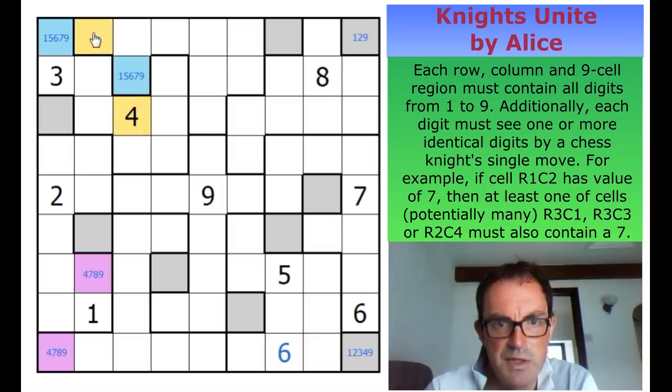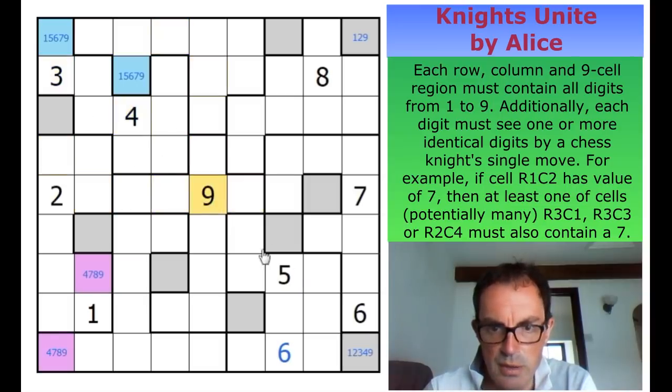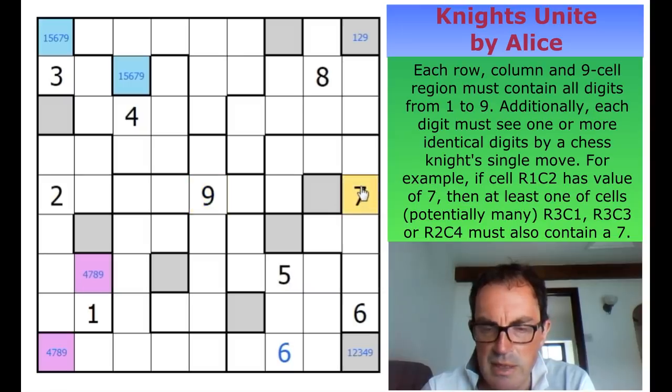I mean, this 4, for example, it sees, if I can actually click on the right digits, you'd see it would see an awful lot of squares. It would see all of those squares, only one of which is in its region. So this is just not going to work. 7 maybe, at least this is on the border. So 7 can't go here. Could go in either of...